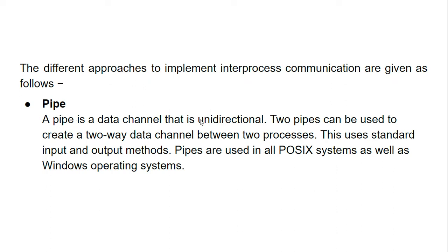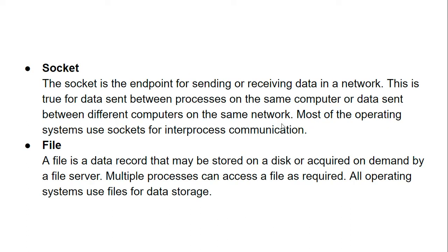A pipe is a data channel that is unidirectional. In C and C++ you can create two pipes in two different processes, and both pipes can communicate with each other. For sockets, you already know examples of how sockets communicate: client socket, UDP socket, TCP socket, SCTP socket. I will describe all these sockets in the next videos with examples. An HTTP connection is a TCP socket. This is how sockets communicate. Socket is a medium of